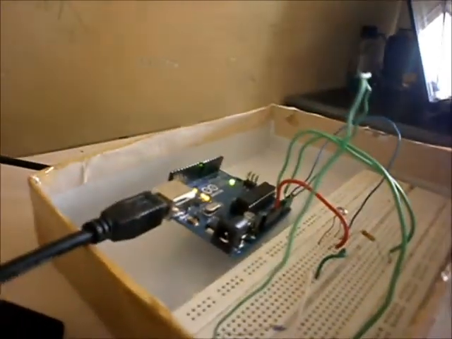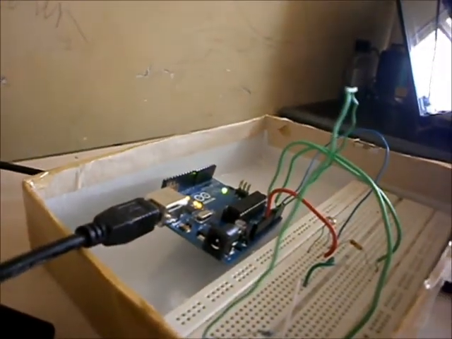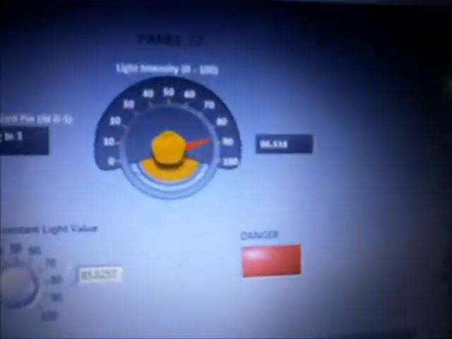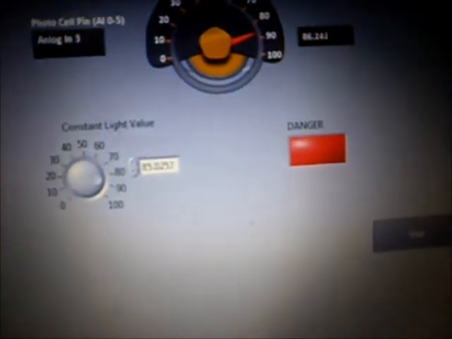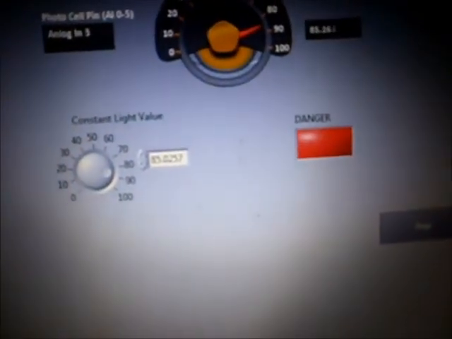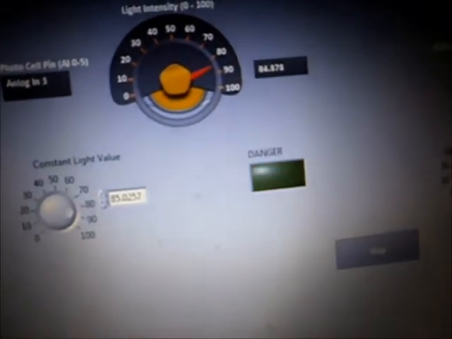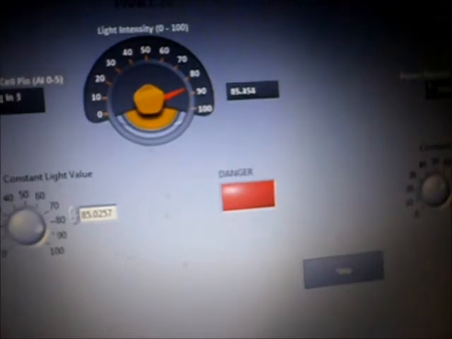Now, I'll shift. See, you can see over here the danger LED is on, which means the amount of light is more. Hence, my circuit is working, and I've given you a light demonstration for it. Secondly, if I come back to my thermistor, the thermistor is also used for the same purpose, but this application is different.